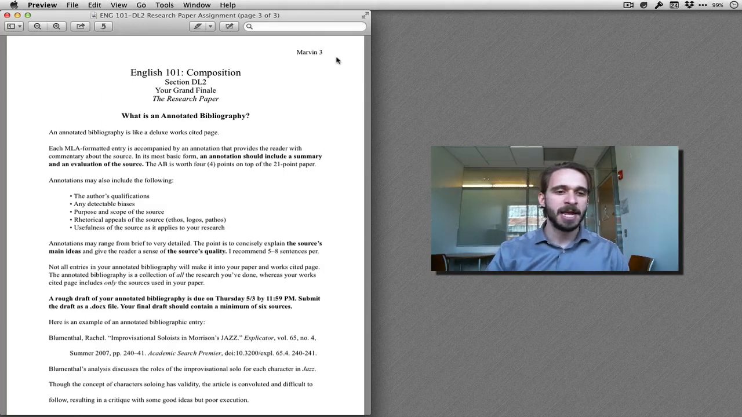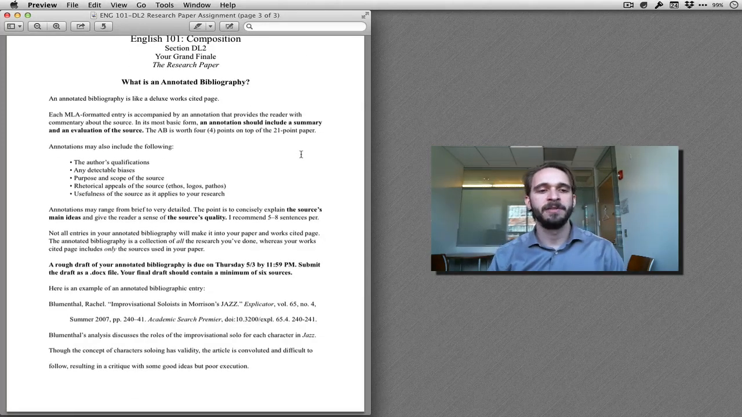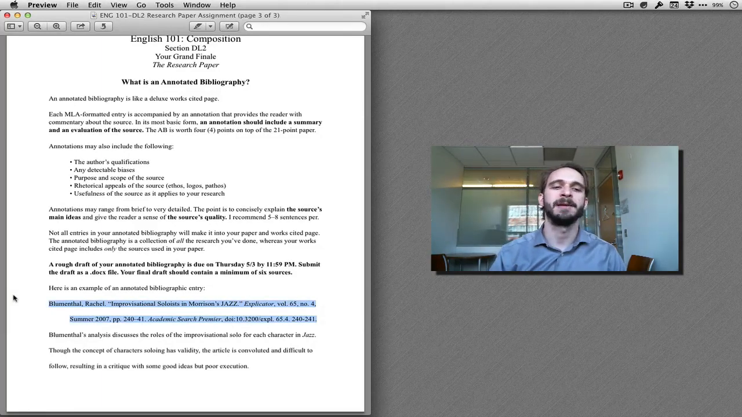Last thing I will say is that this is an example of an annotated bibliographic entry from a paper that I wrote in graduate school. So the first part right here is the citation. This is what you've been doing on your works cited pages all semester: last name, first name, title of the article, etc. So these things will be organized alphabetically, and then underneath each